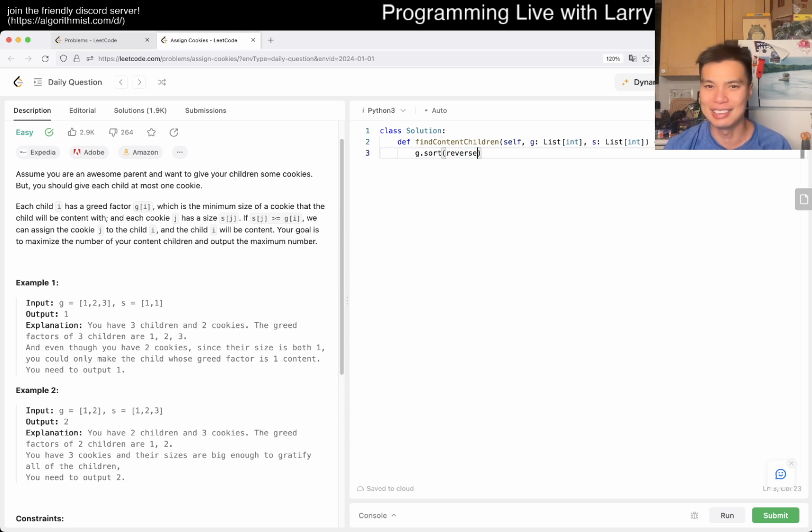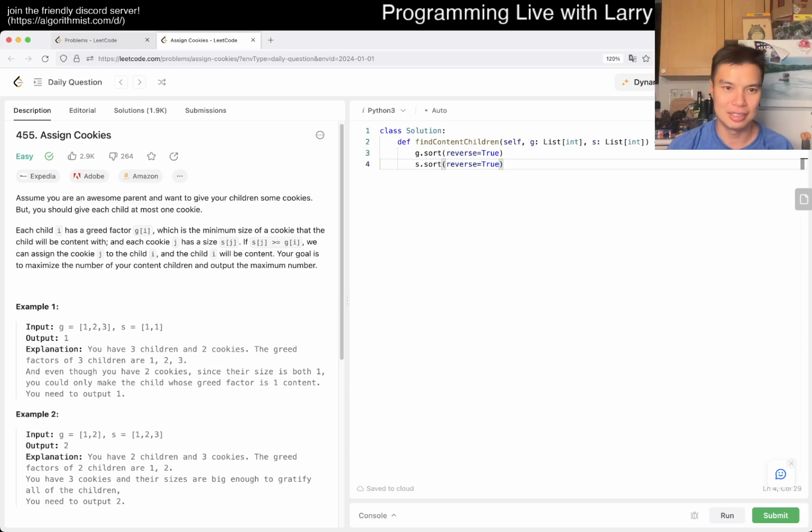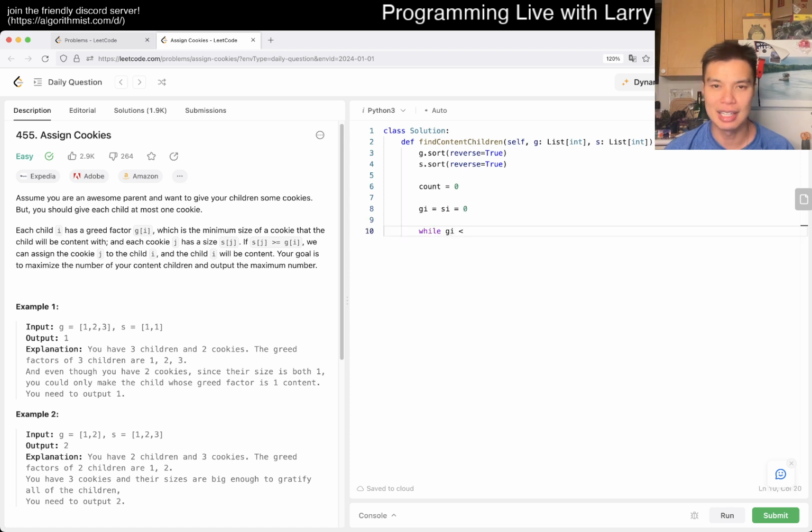So the code is actually not that interesting, I don't think. And then now, count is equal to 0, or cookies is equal to 0, maybe? So this is kind of the 2-finger algorithm. So maybe I'll have gi is equal to si is equal to 0. While gi is less than length of g, and si is less than length of s, you need both of these to have an item. Then now,